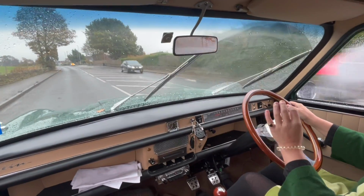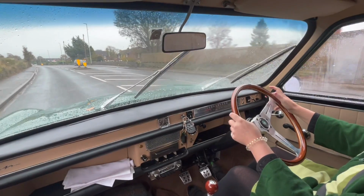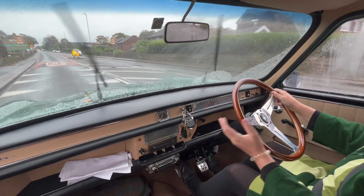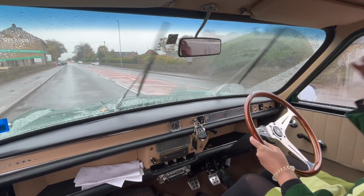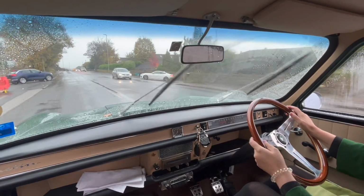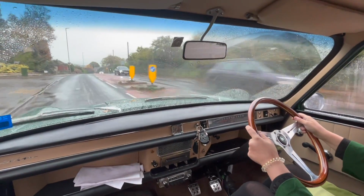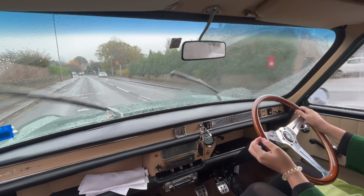But you know what, all of these little details that they built to build these utes made it so that you can drive it today, and it is so easy to drive. And it's worth talking about driver comfort as well, because although we haven't got the original seats, the original seats were very wide, a little bit like these actually. I don't think the profile on these in terms of width is much different to the originals, which means you've got plenty of room to sit, you've got plenty of room around you, because the driving culture in Australia,